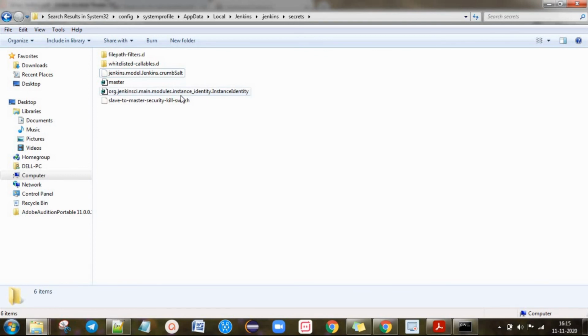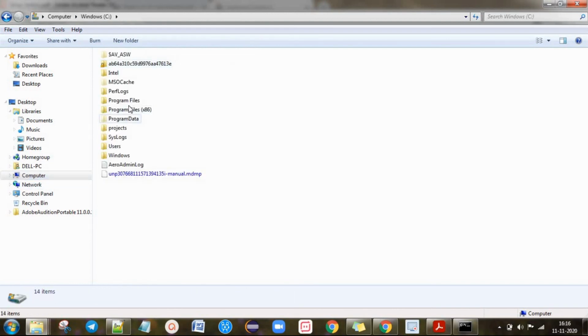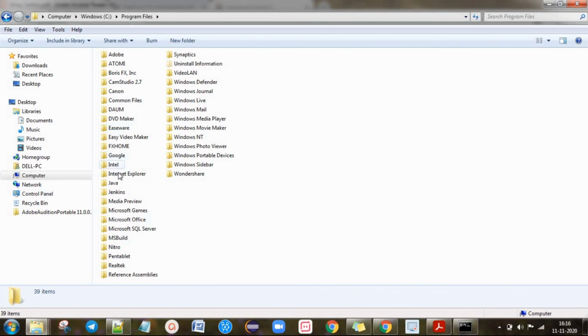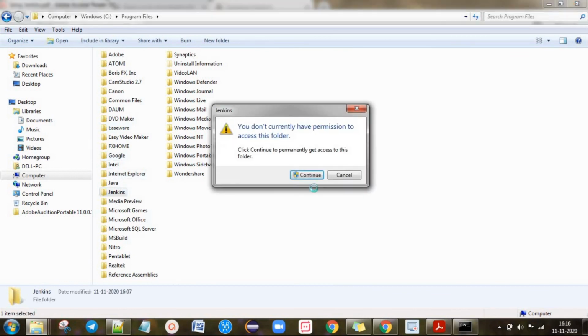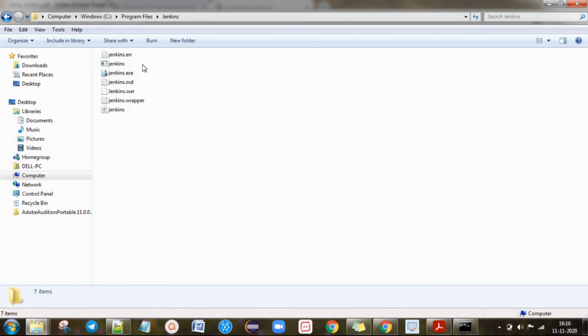This is the folder structure we used to take that admin password, but the Jenkins folder is inside Program Files, Jenkins. Okay, click on continue. Here only you will find the jenkins.war. This is the Jenkins destination folder.